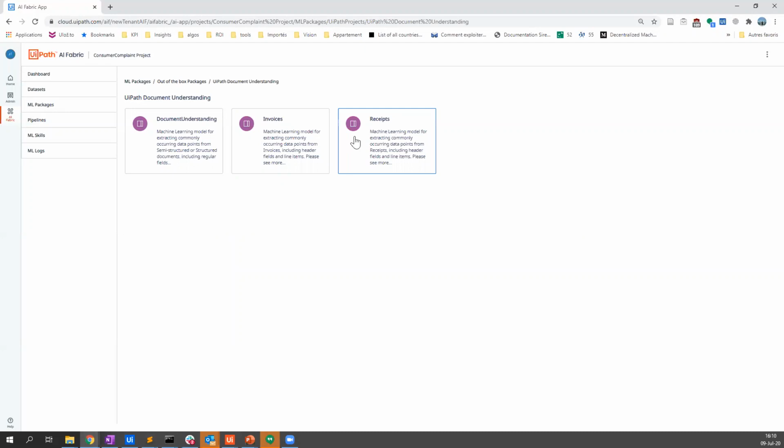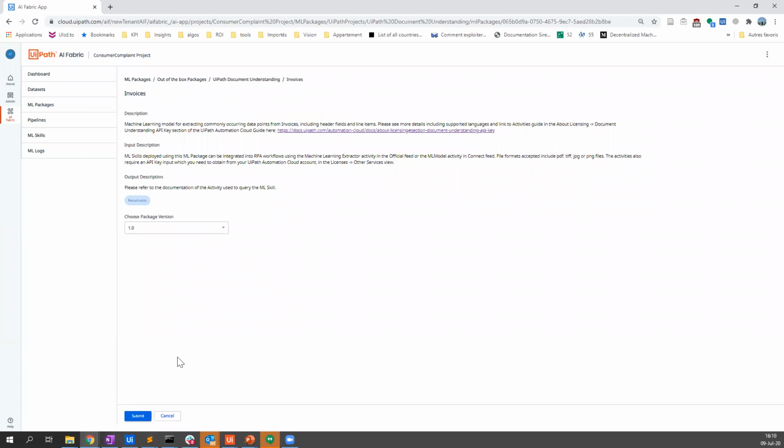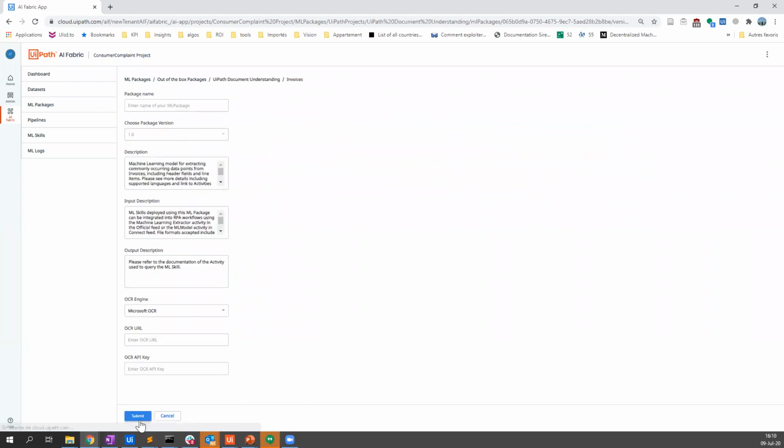You will be able to really easily add an invoice model to your own environment, and this will also be available on-prem. So instead of just calling a public endpoint, because of security reasons, or because you want your own model and want to retrain on your own invoices, receipts or any kind of document, you can just add it here. So I will add invoices to my tenant.